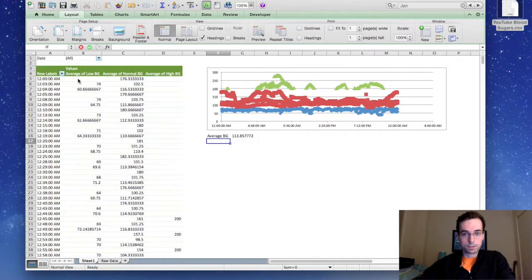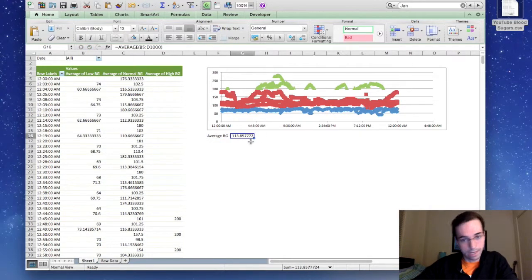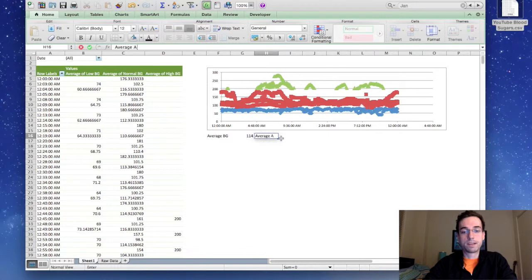Okay, so it will populate your average blood glucose. For me, that's 113.8. I don't really like it that specific, so I'll just get rid of some of the decimals. Okay, and then with that information, we can calculate an average A1C, or estimated A1C, we'll call it. And the formula for that,